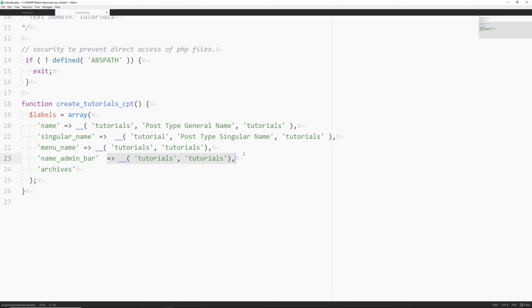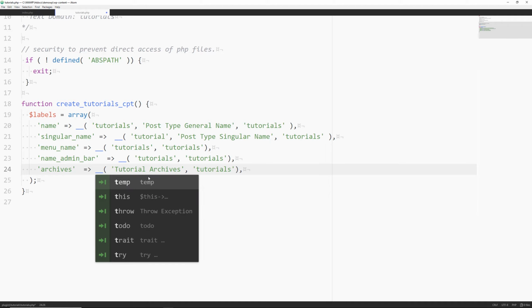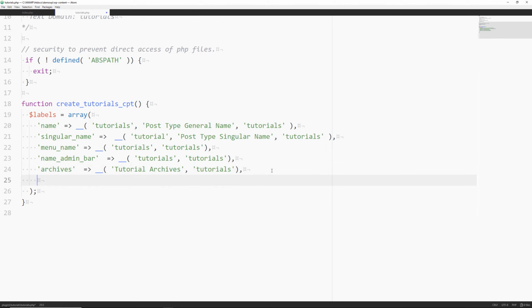I'm just going to grab this over here, paste it right there, and then I'll just say tutorial archives. All right, so actually the archives value over here, the key value, this is the string used for the archives in the nav menus. So let me go over here and I'll just capitalize that T, tutorial archives. Then I'll go to a new line over here, put in single quotation marks again. All items. I'm just going to grab this line right here, copy that. All tutorials.